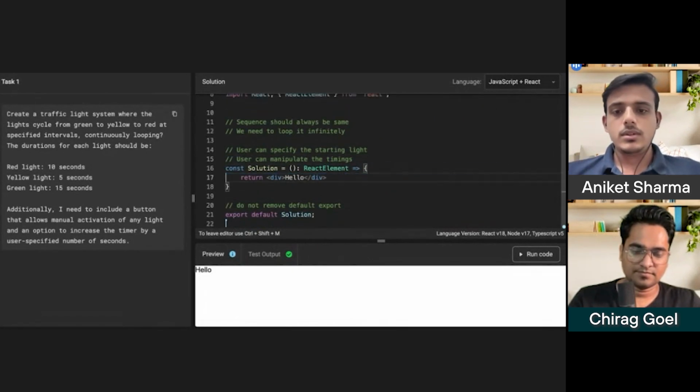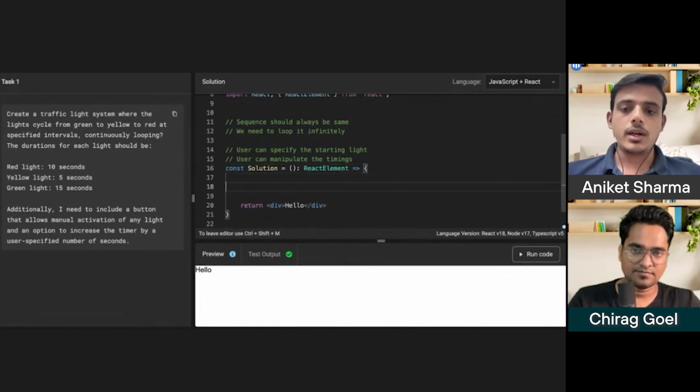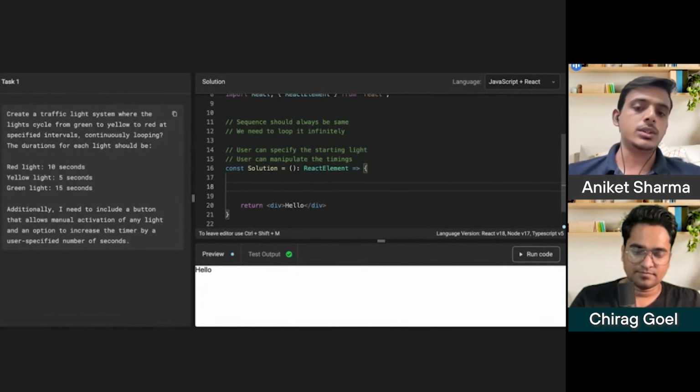Let me remove this. So what my approach is, as we are dealing with a sequence, there should be one variable which holds that sequence, right? And also we need to take care about the default timings which you have provided in the problem statement.